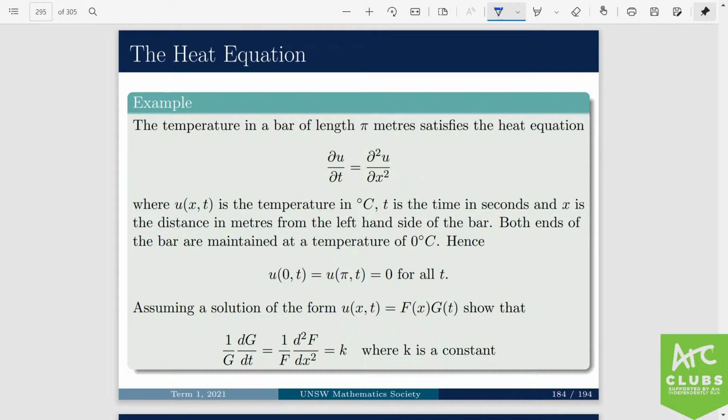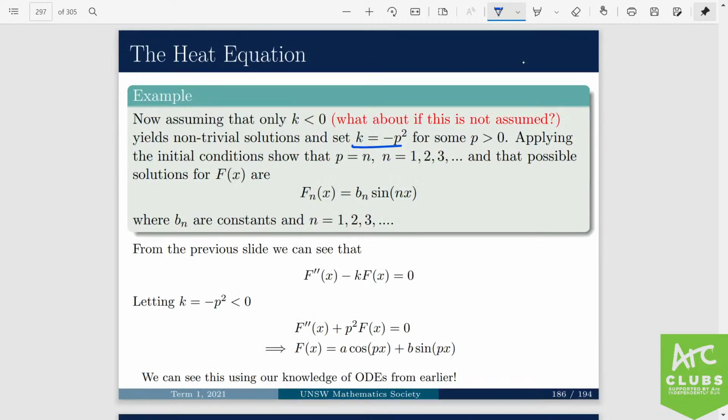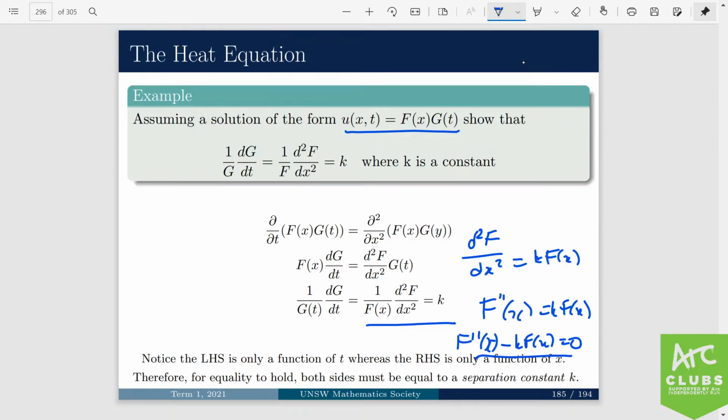It says that the temperature in a bar satisfies this heat equation, and it gives us some boundary conditions. So with these kind of questions, you've got boundary and initial conditions. First of all, it tells us to get this, which we did. We found that these two expressions must be equal to a constant. So then, using the fact that we did that,